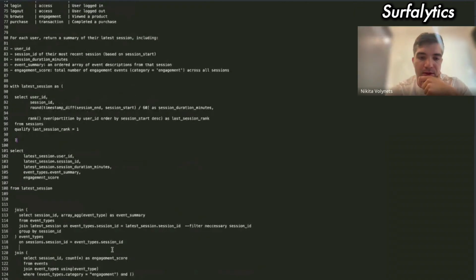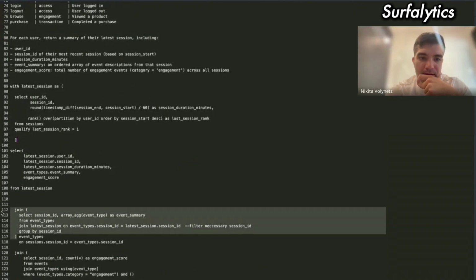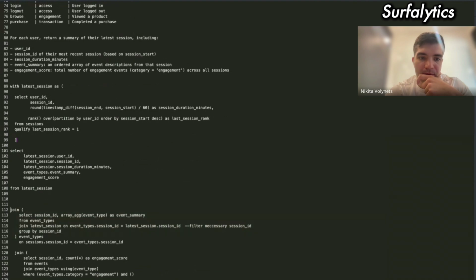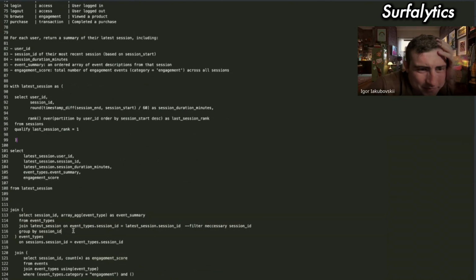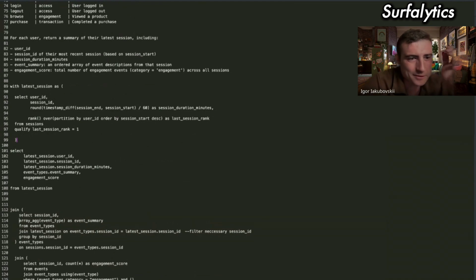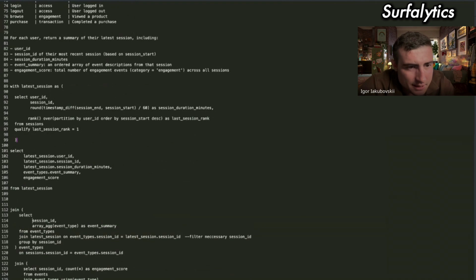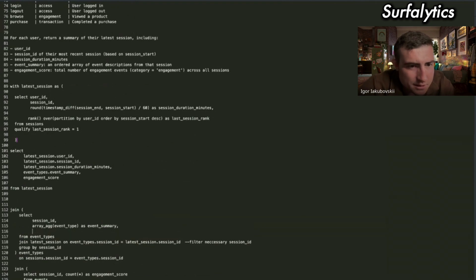So maybe let's talk about the first join, right? So you have everything, so you need to add event summary and engagement score, right? So in your first join, what you need to use? Yeah. Of course, session ID and the re-aggregation.